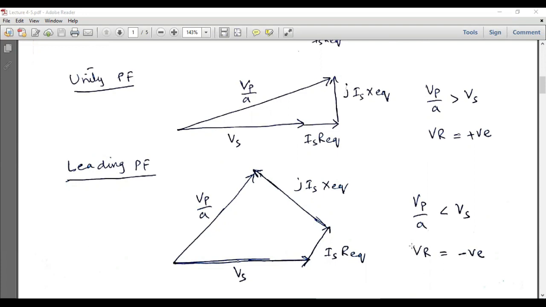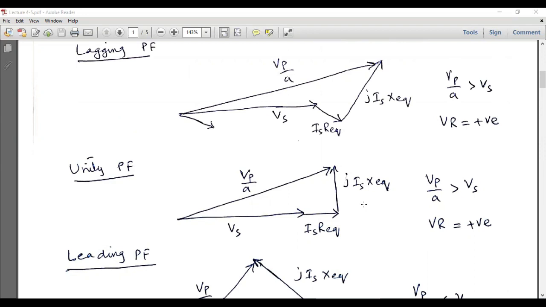So in this case, voltage regulation is negative. So we can say that for a capacitive load, only the voltage regulation will be negative, and for the resistive and the inductive loads, the voltage regulations are positive. So it means that